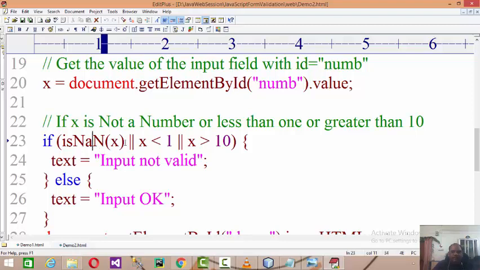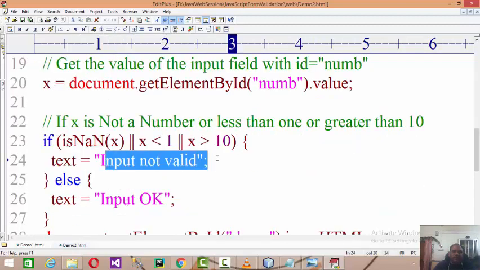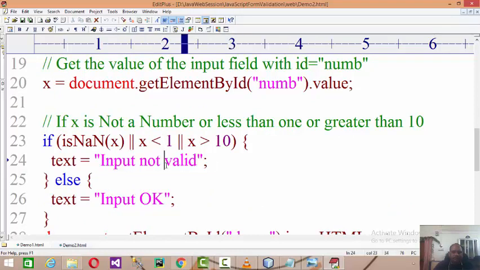So here it will check whether x is a number, x less than 1 and x more than 10, right? As you know, we are combining with the or. If x is not a number or less than 1 or greater than 10, the text will get assigned the message 'Input not valid'. What are the conditions? Any one is true, because you are combining by the or.